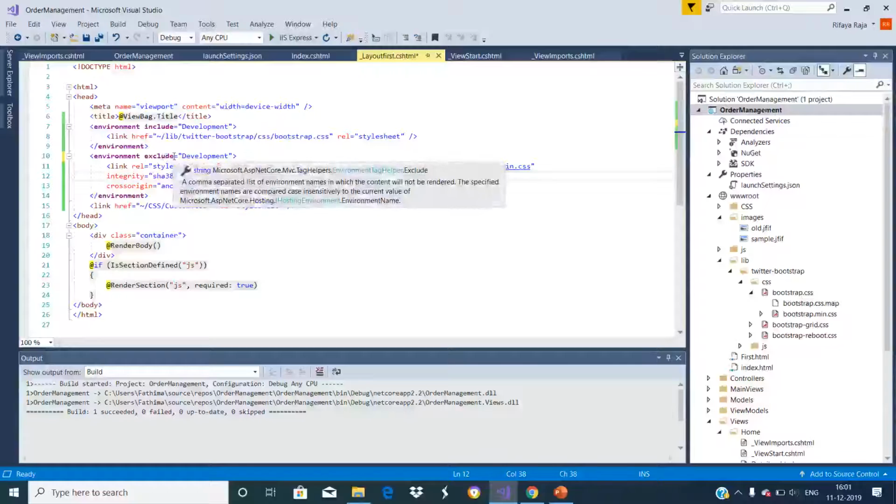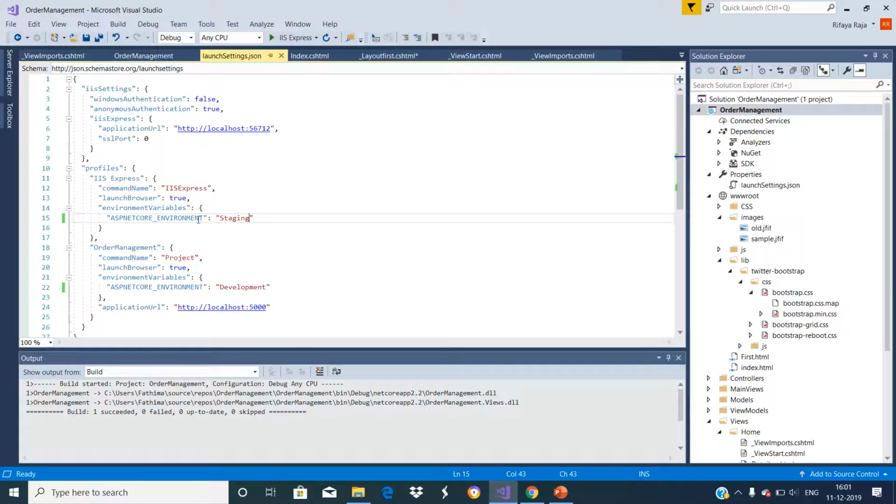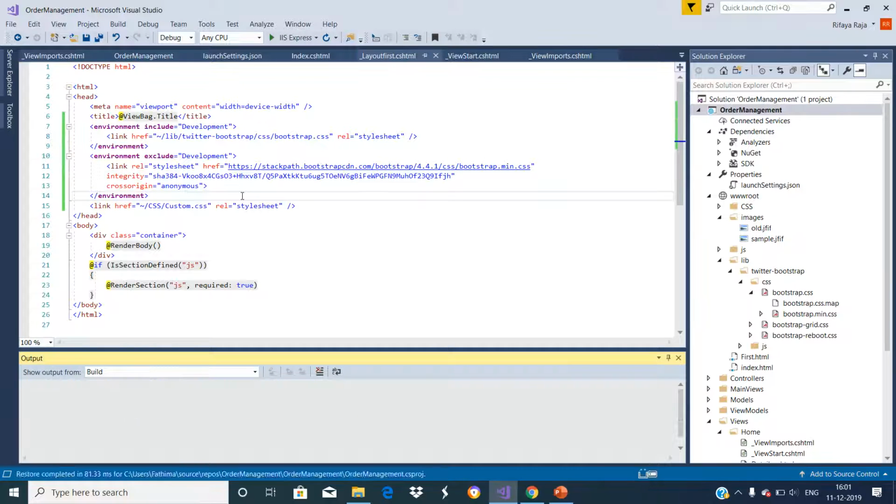This also means that it will load the minified CSS file from the CDN when the application environment is not development. If the application environment variable is not development, it will load the minified CSS file from the CDN. So now let's run the application.